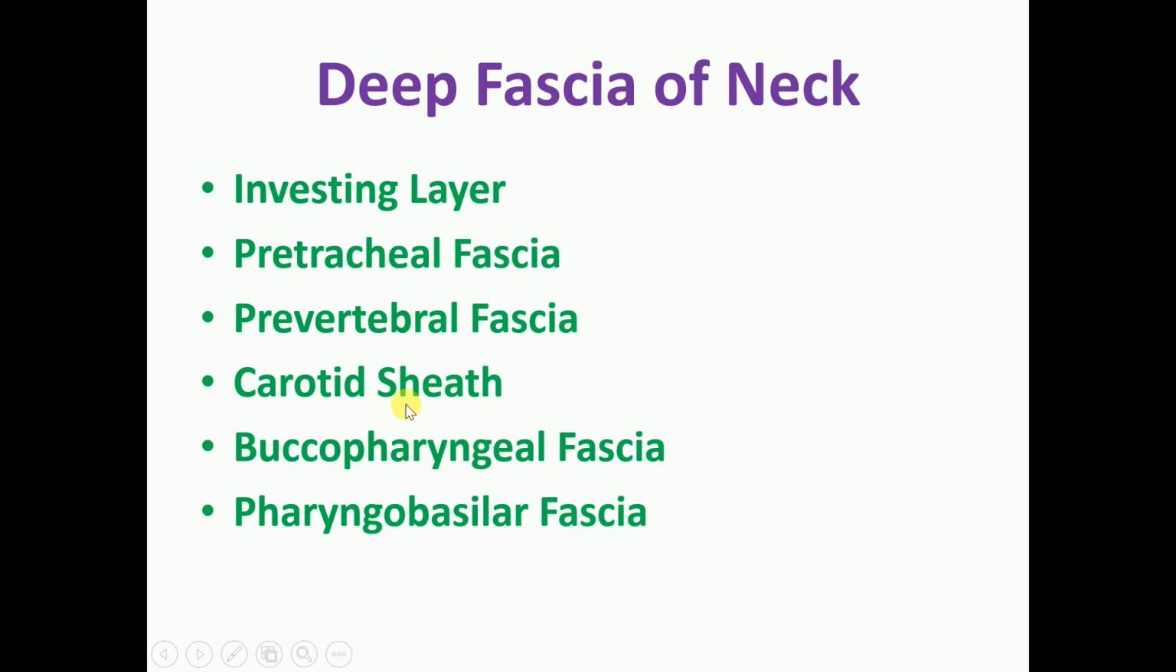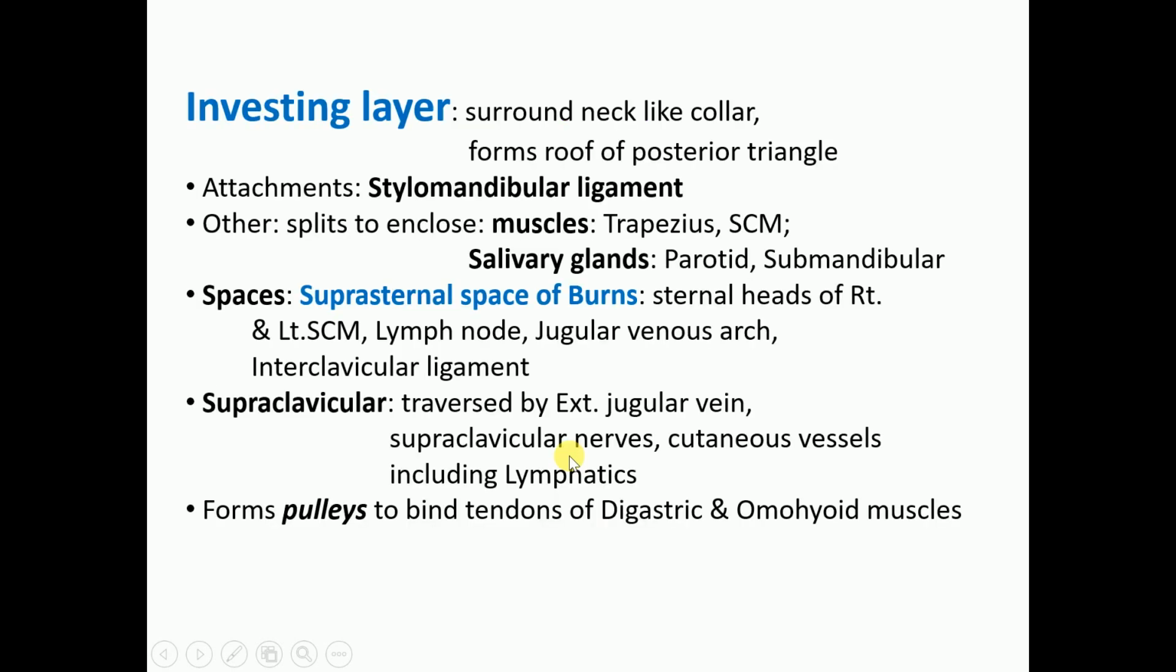Then it also contains the modifications of the fascia: the carotid sheath, buccopharyngeal fascia and pharyngobasilar fascia. Now first of all we discuss the investing layer of deep cervical fascia. Basically, in the structure of the neck, the spaces between these layers are filled with loose areolar tissue. So the investing layer of deep cervical fascia surrounds the neck like a collar, and it forms the roof of the